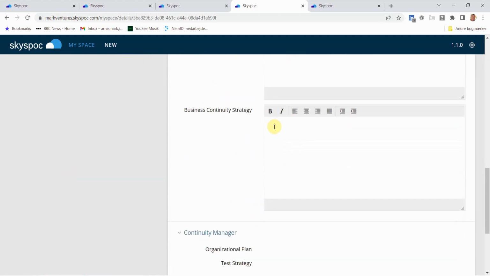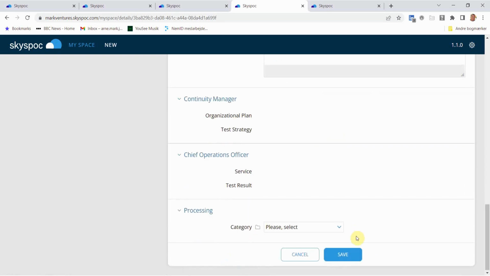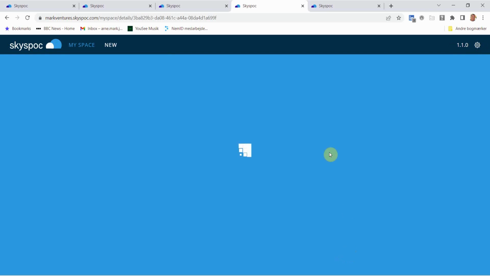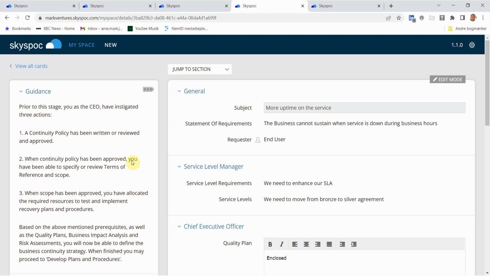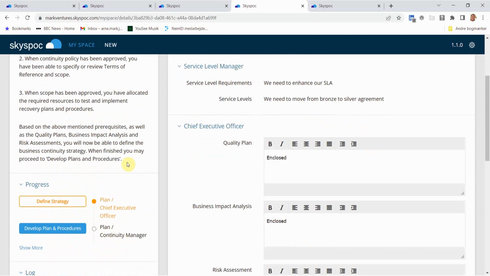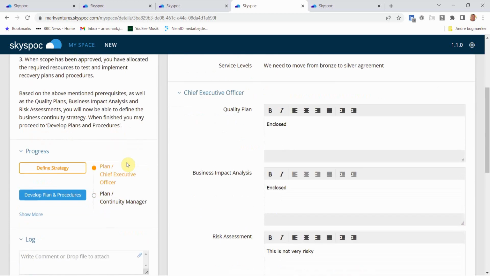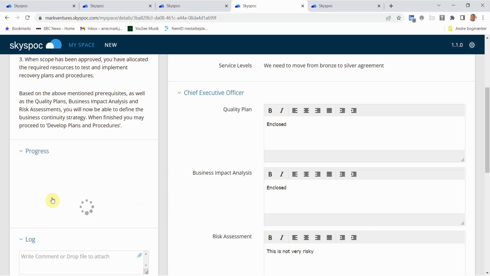Here it is, and let's just say that we might enclose the strategy to this workflow. So we will save. And being the Chief Executive Officer, the initial work has been concluded, and we might hand over the continued work to the continuity manager. So let's press this button to proceed to the stage